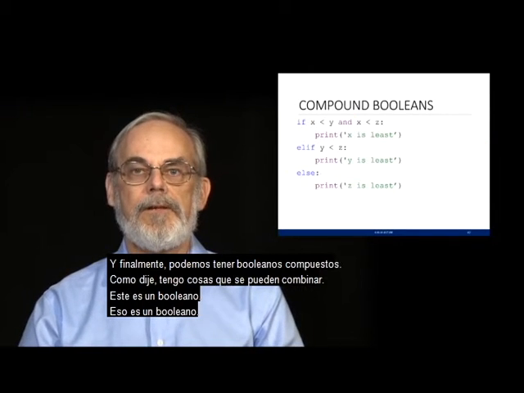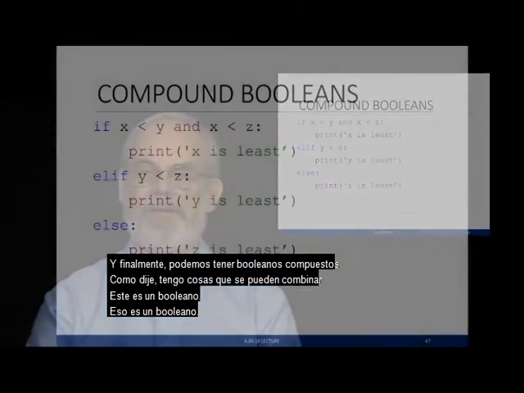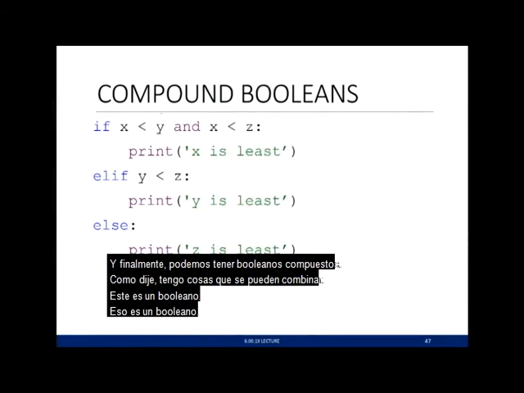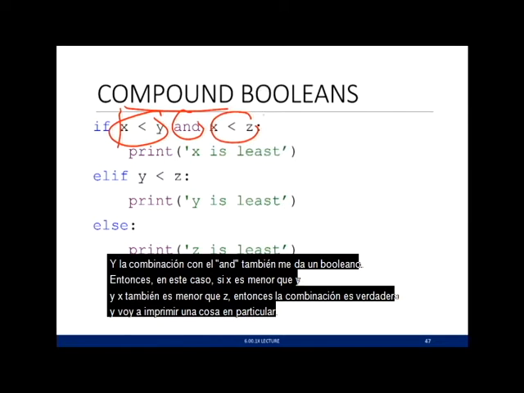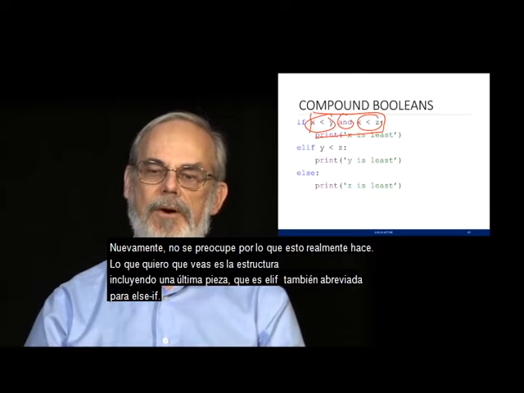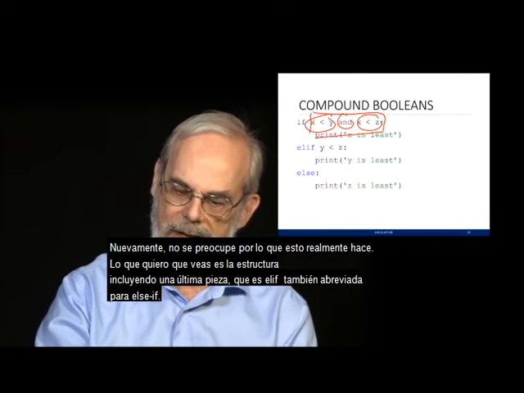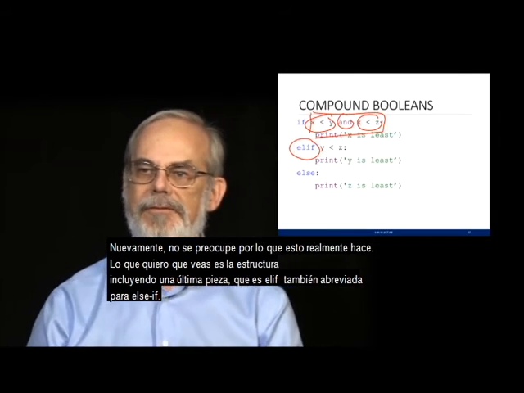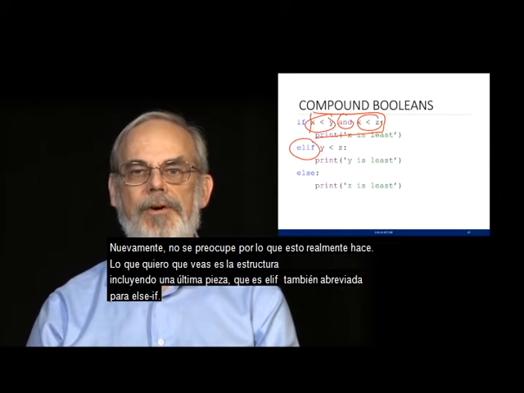And finally, we can have compound Booleans. As I said, I have things that can be combined. This is a Boolean, that's a Boolean, and the combination with the and also gives me a Boolean. So in this case, if x is less than y, and x is also less than z, then the combination is true, and I'm going to print out a particular thing. Again, don't worry about what this actually does. What I want you to see is the structure, including one last piece, which is elif, also shorthand for else